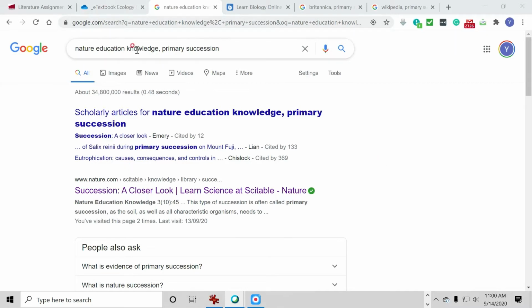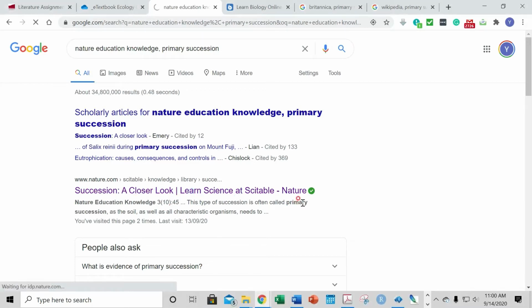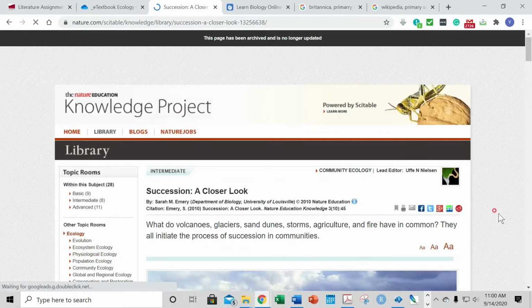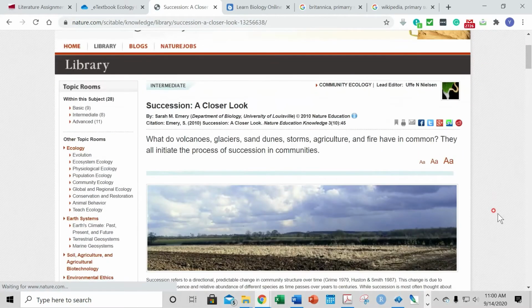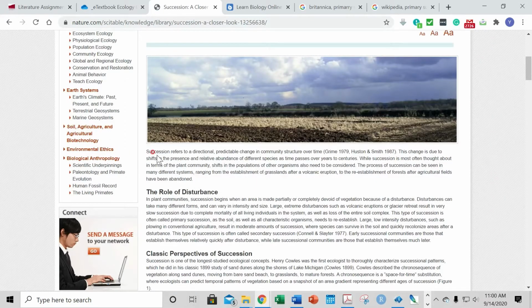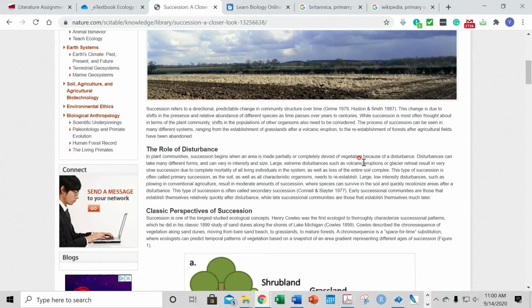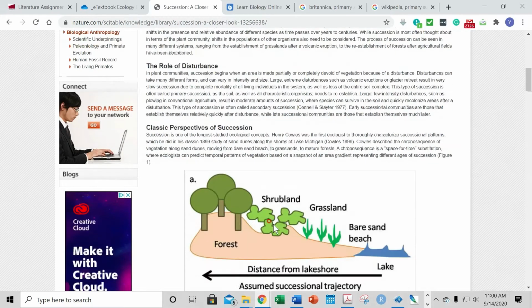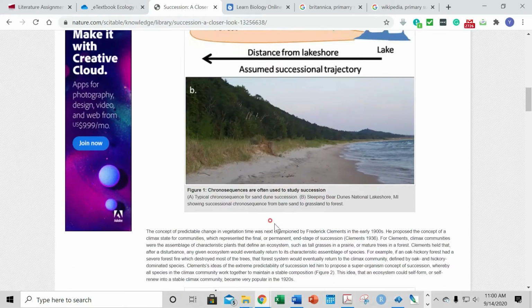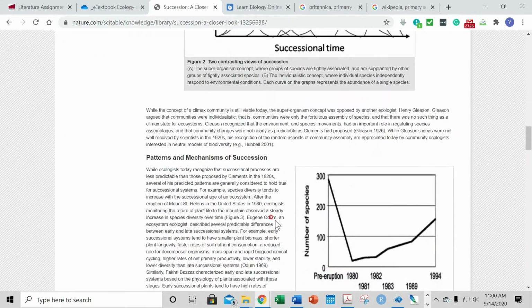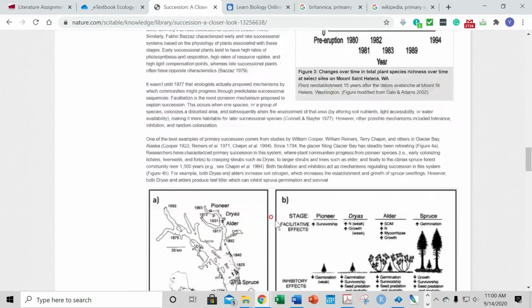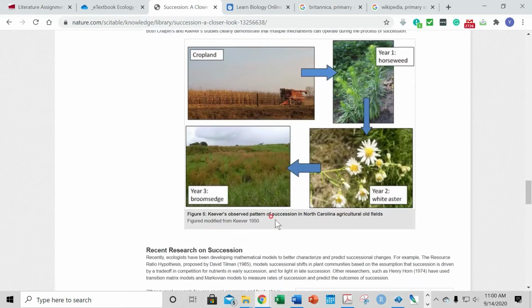So if you search Nature Education Knowledge and then your term, you click on the link that comes up, you will see this. First thing you see is a definition and some good references for that definition. The great thing about these is that they expand on the topic and give you some information about it. And the reason this resource is wonderful, and I would definitely look at it if I were you,